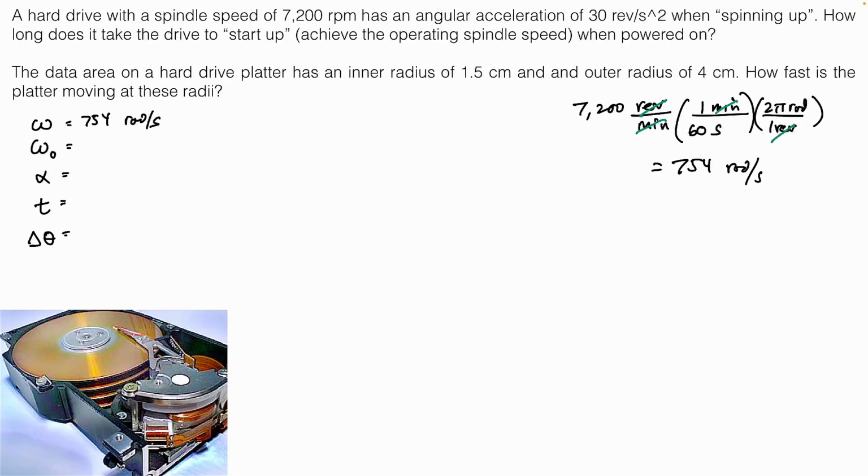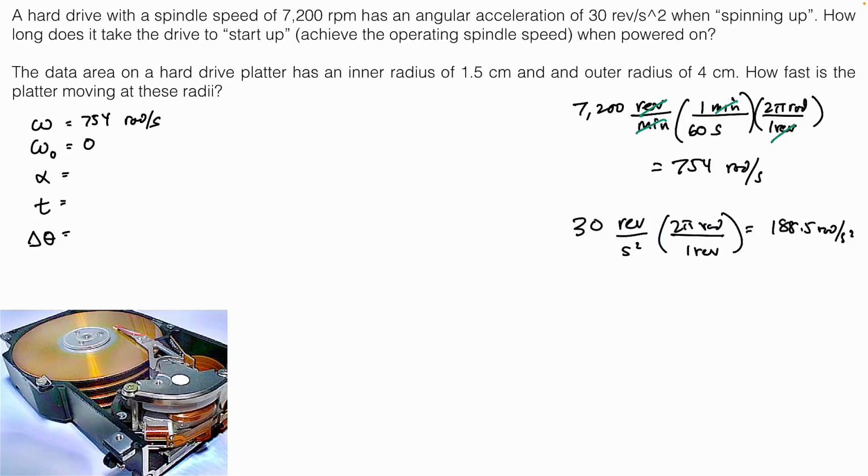What's the initial speed? What's the drive start at? 0. Alpha. Okay, 30 revolutions per second squared. Is that standard? No. Okay, so I'm going to convert this into radians per second. I don't have to touch the second squared, right? I just need to fix my revolution. So 1 revolution, 2 pi radians, and that gets me 188.5